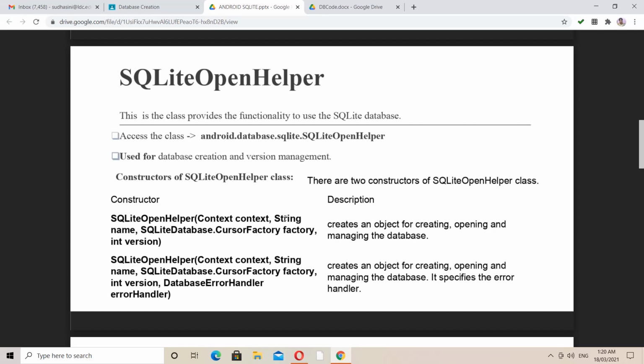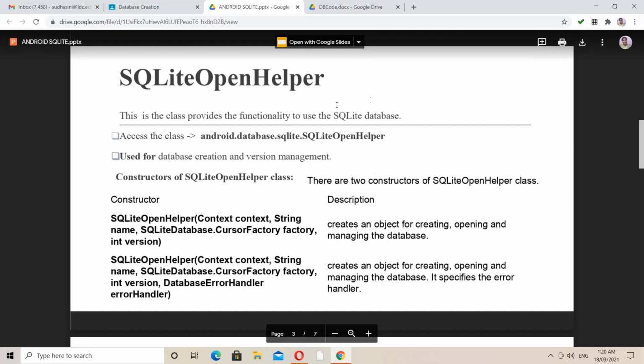Then the second parameter is the string name, which can consist of the database name or creation query. Then there is the SQLiteDatabase CursorFactory. By default we have a cursor factory. You very well know what a cursor is. For example, when I move this mouse, we are able to see this cursor.